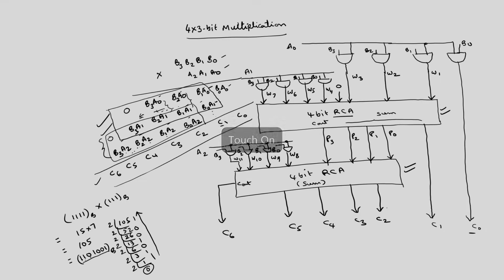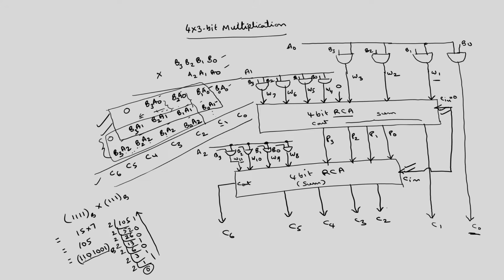Okay. So what are the wires? C0 is directly the output. We will get C0 output through the AND gate. So we will get C0, and after that the wires are W1, W2, and so on up to W11. We can generate them through A0, B1, A0, B2, A0, B3, similarly A1, B0, A1, B1, and so on. Okay. So here of course this carry in has to be 0, the same carry in has to be applied to this also. This carry in is equal to 0.